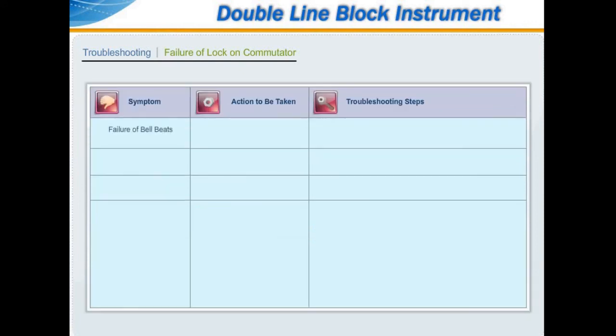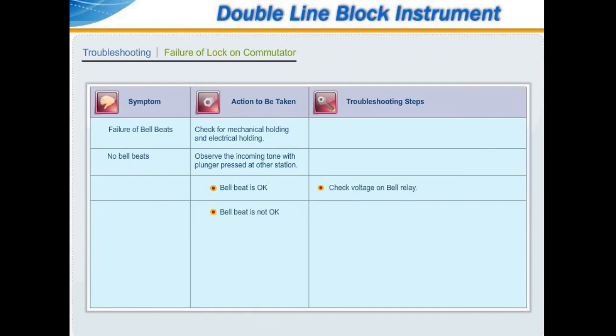Failure of bell beats. Check for mechanical holding and electrical holding. No bell beats: observe the incoming tone with the plunger pressed at the other station. If the bell beat is OK, check the voltage on the bell relay. If the bell beat is not OK,